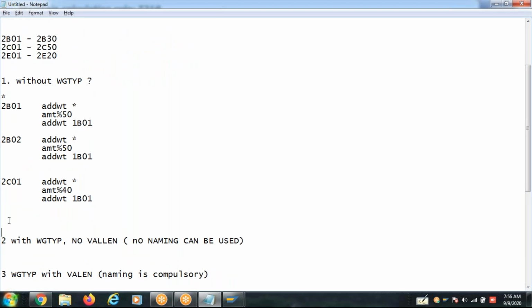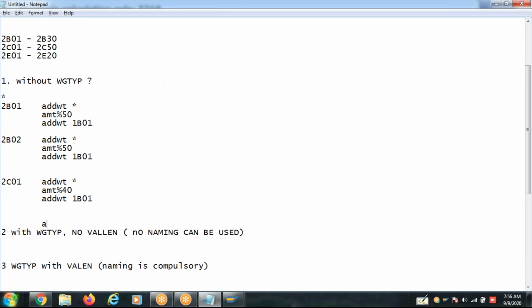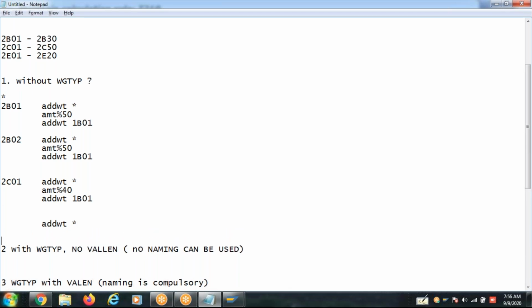The remaining wave steps you need to use only one operation, which is ADDWT start. So how many processing logics do we have here? Only 3, and you are applying on how many wave steps? 100 wave steps.